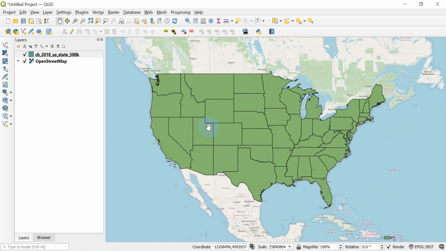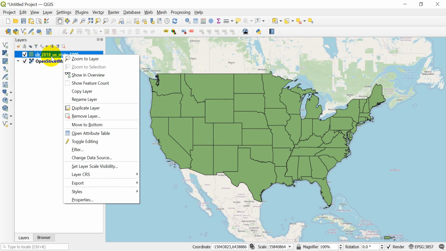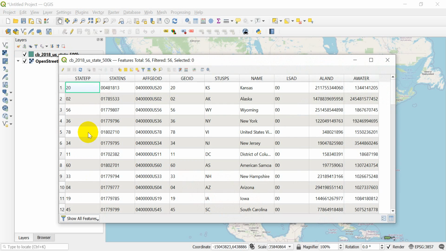So this file has basically, we'll consider two parts to this file. The first is the information that gives us the outlines. And so we can see those outlines here. The outlines are a collection of points that make a polygon. The second part is data associated with those outlines. And I can access those data by opening the attribute table. So if I right click on this feature here and go to attribute table, I can get information about each